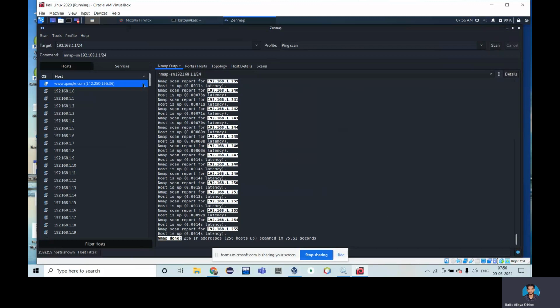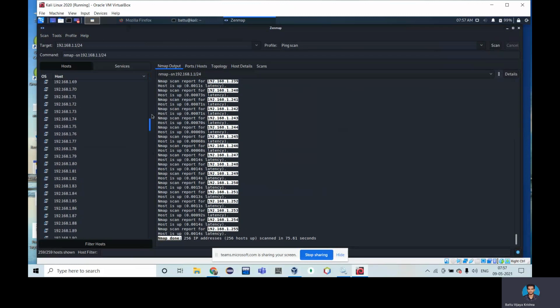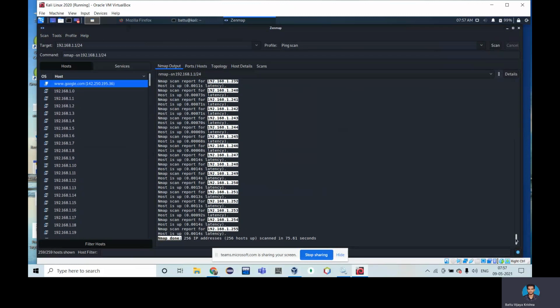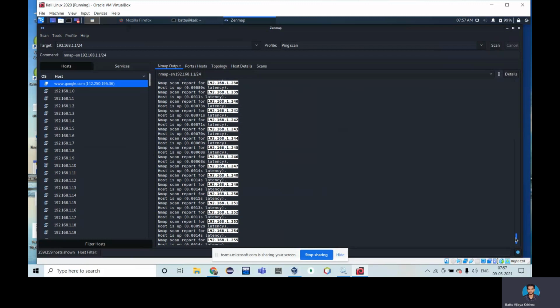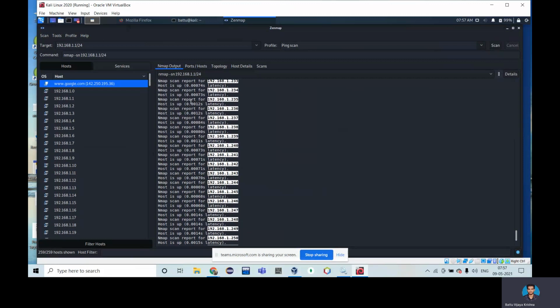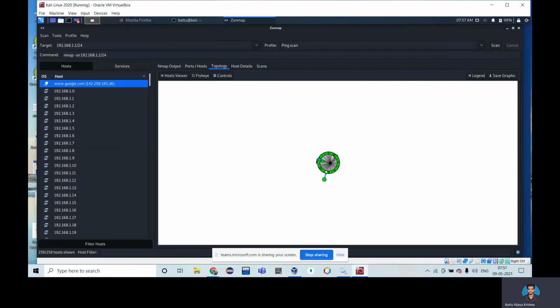As you can see here, it performed a ping scan for this particular network. There are 255, like I have mentioned, the network ID is /24, so the host part will be the last 8 bits, which gives 256 addresses from 0 to 255. So these are the IP addresses available, and as you can see here, it shows every particular IP address and how much latency the host takes, in milliseconds only, and in the ports it uses the same things. So as you can see here, it is 255 IP addresses.